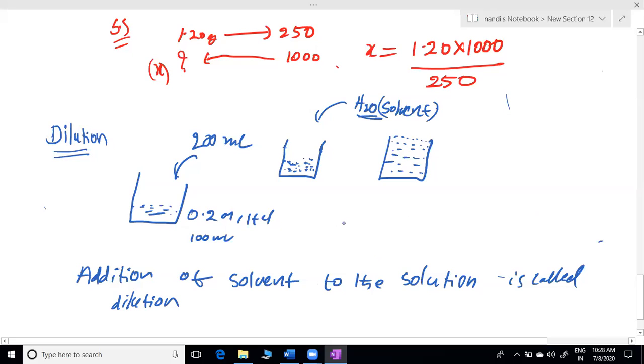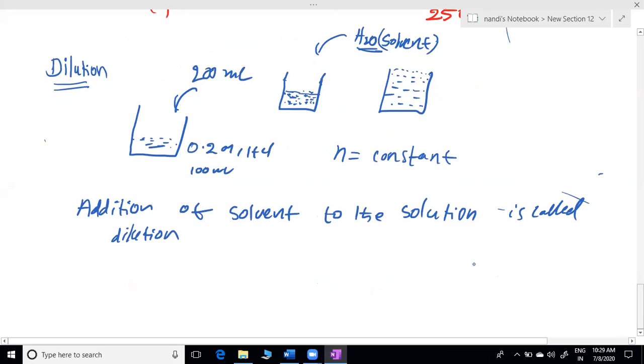So in the case of dilution, the amount already present stays the same. Suppose you start with half a glass of mango juice. After dilution also, the mango amount is constant, sir. Suppose you add one mango to make half a glass of juice. By adding water, previously one mango, now also one mango content only is inside. So in dilution, the amount, that is the number of moles, is constant.